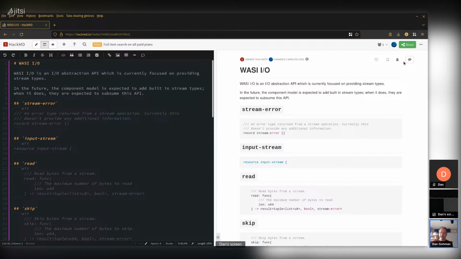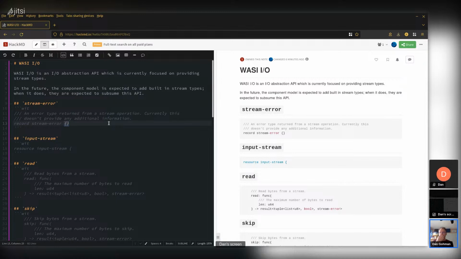But at this moment in time, I/O arrays don't have quite as compelling use cases. Streams really are the big thing to focus on right now. So focusing on streams, we're going to leave I/O arrays until we have more use cases motivating that. All right, so with that background, let's take a look at our wasi-io.wit file.